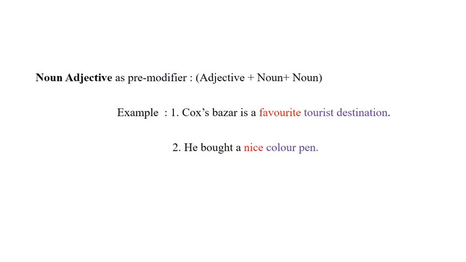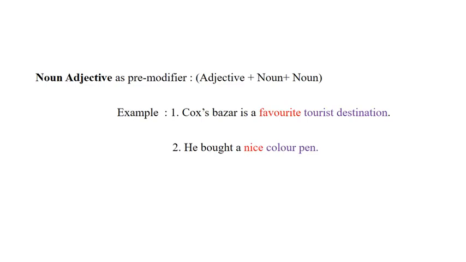Number 1, Fox's Bazaar is a favorite tourist destination. Here in this sentence, the word "favorite" is an adjective, and "tourist" and "destination" are two separate nouns. "Favorite" here is used before the nouns "tourist" and "destination" and used as an adjective of the two nouns. So, we understand that a noun adjective is a kind of modifier where an adjective is used before two consecutive